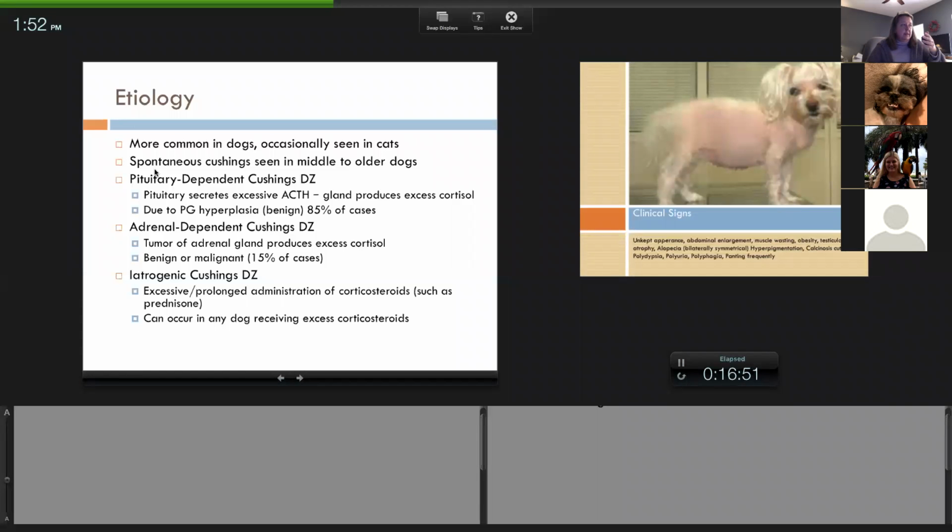And this can happen because of hyperplasia. PG is pituitary gland. Does anybody know what hyperplasia means? Hyperplasia is an overgrowth. If there is what we call benign enlargement, hyperplasia is usually benign. It means for some reason that gland has